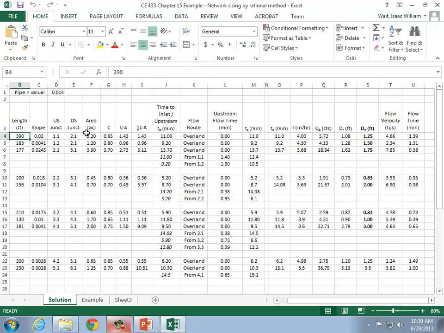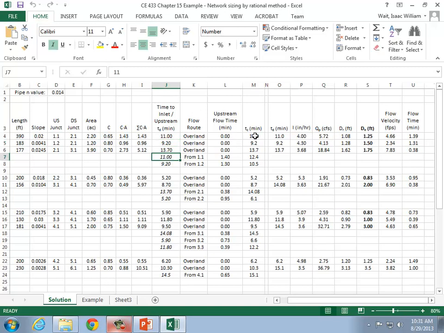Okay, so we know the pipe length. We're given the slope, the junctions, the areas. Sum of the CA is just going to be the CA itself if it's like a pipe where there's nothing upstream of it. But this one was the sum of all of the CAs because all of those areas are feeding into pipe C. Okay, the time to inlets, those are given, but then for this one, it is referring